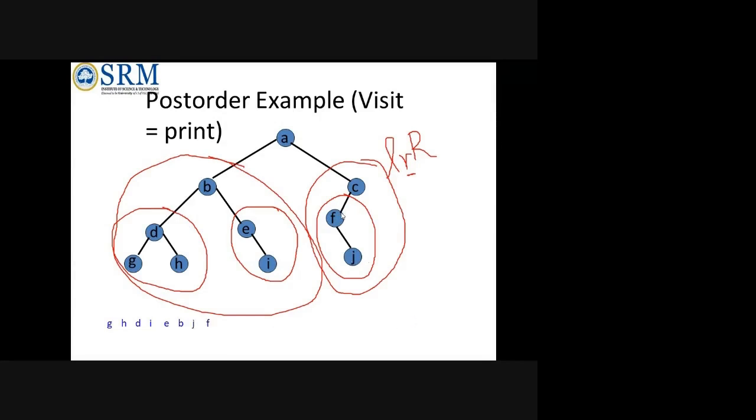Then it will come here. F will be printed. Then again, now this left is over, but there is no right for this C node. Now C will be printed. Finally, there is one left out which is not at all printed. A. So my left is fully processed, my right is fully processed, then only your final root itself is getting printed. Clear now, students? Clear? So please go through this once again, which will make you understand more clearly.